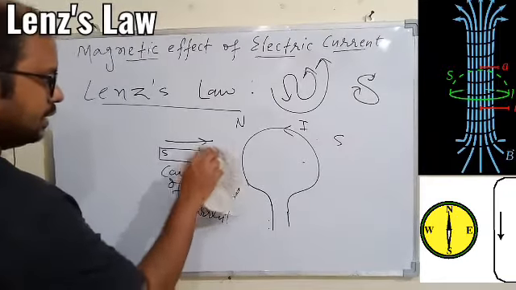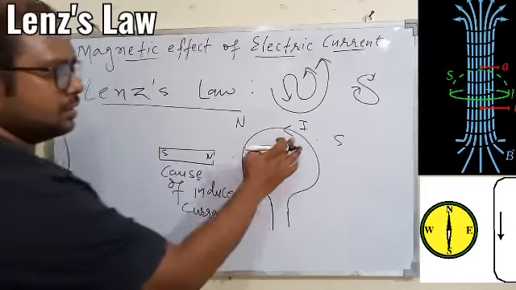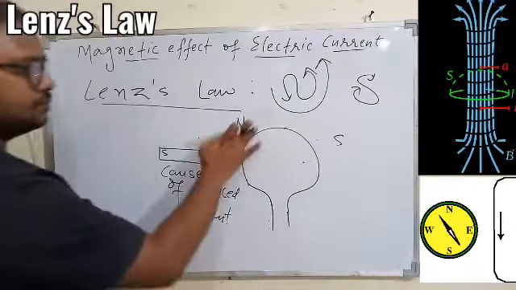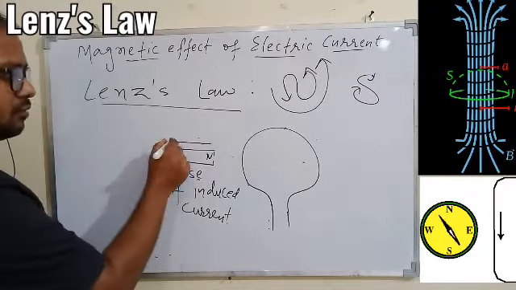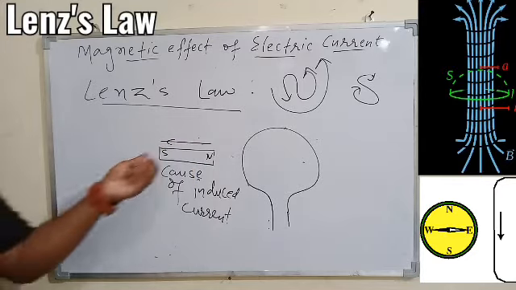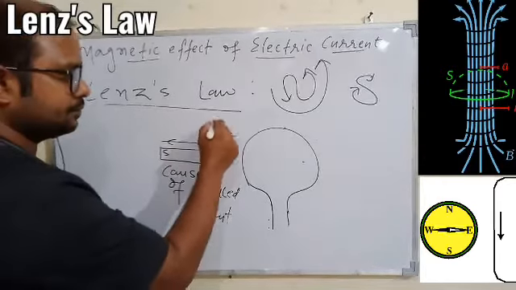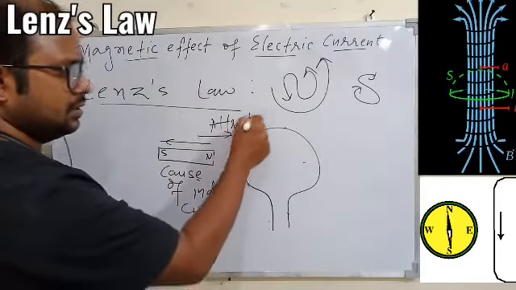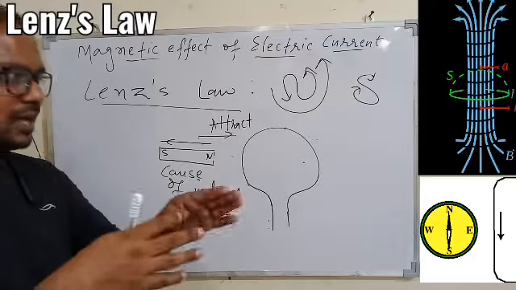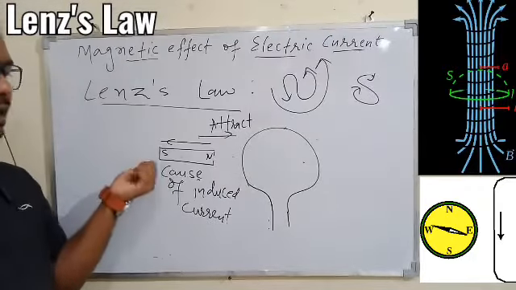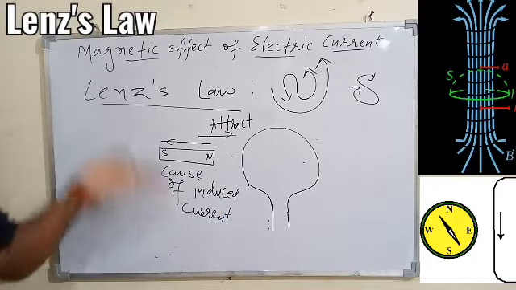Okay, now take the other example. We understood that if the magnet is moving towards the coil with the north pole, the current will be anti-clockwise in the coil. Now this magnet moves away from the coil. If the magnet is moving away from the coil, how will it oppose the motion? It will try to attract. It will always oppose the motion. If the magnet is moving towards the coil, it will try to send it back, it will repel. If the magnet is moving away, it will try to attract, because it will always oppose the motion of the magnet according to Lenz's law.